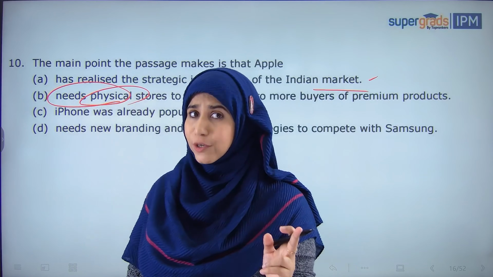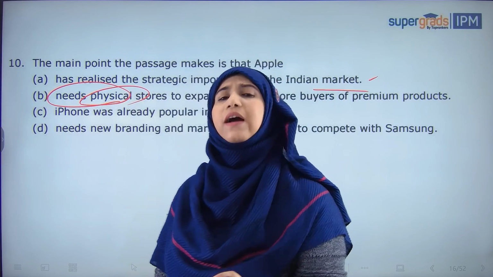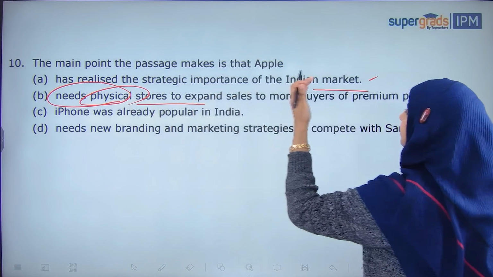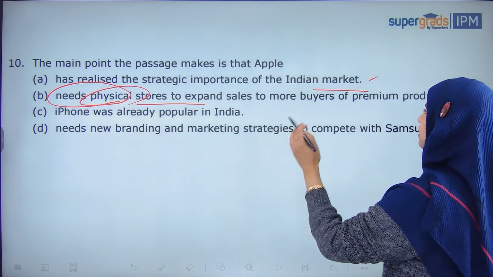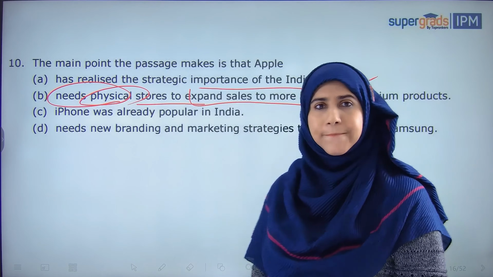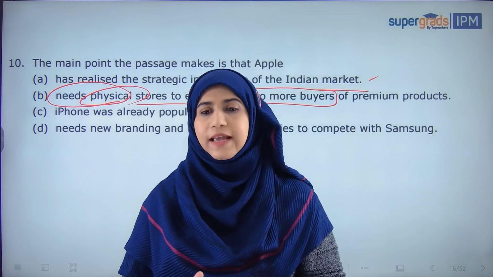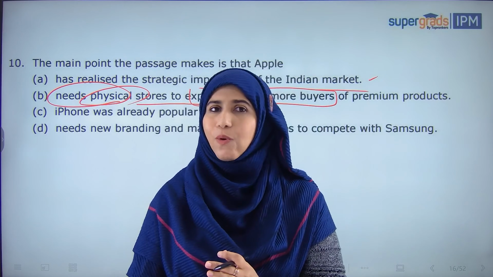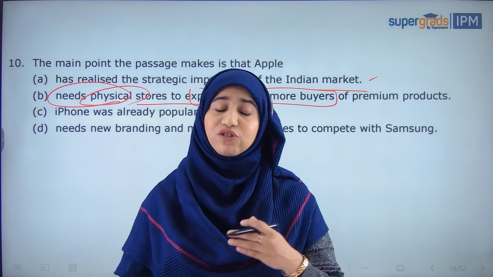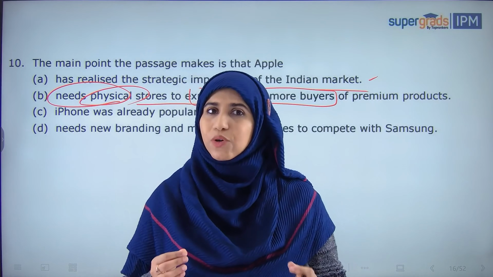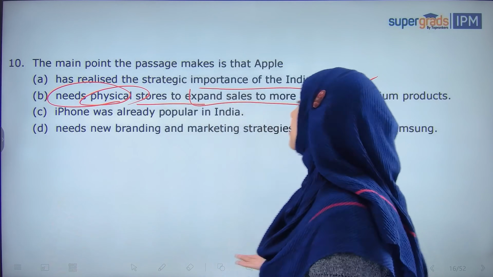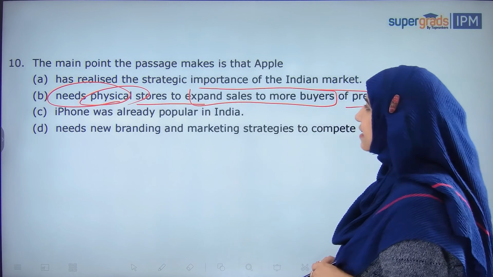And secondly, the most important point, ये तो एक secondary idea हो गया, सबसे important point ये है कि जो physical stores हैं, directly पिछले question में आपने देखा कि उसका objective sales बढ़ाना है ही नहीं as such. तो physical stores, they already know, might not translate into higher sales. But they want to pull more people into the ecosystem, and most importantly, they want to provide their premium customers with a premium Apple experience. तो ये थोड़ा सा dicey लगता है.